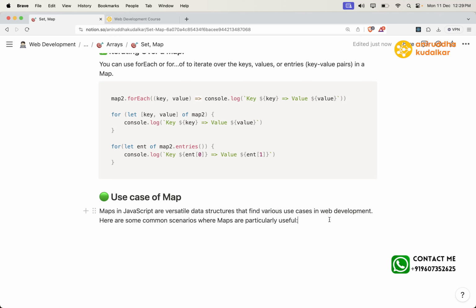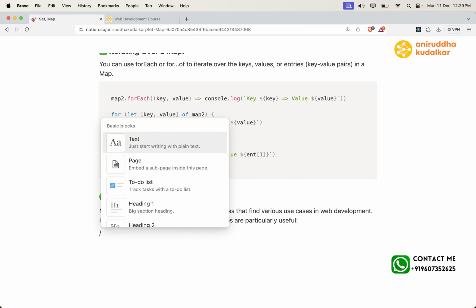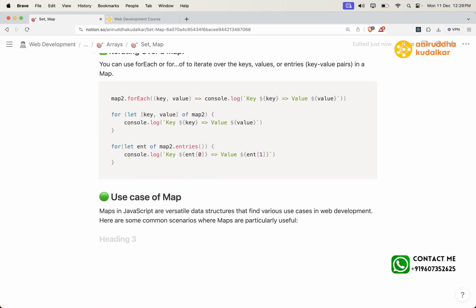Here are some common scenarios where you will use maps. So storing and retrieving data with custom keys,